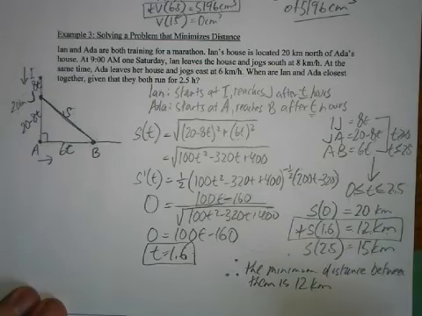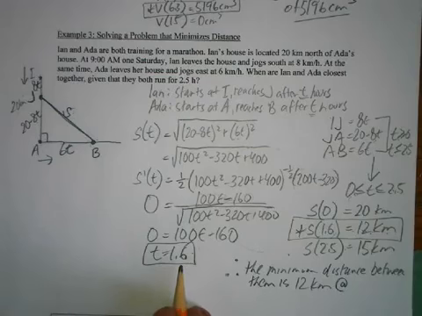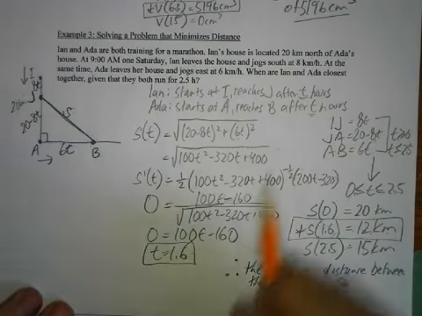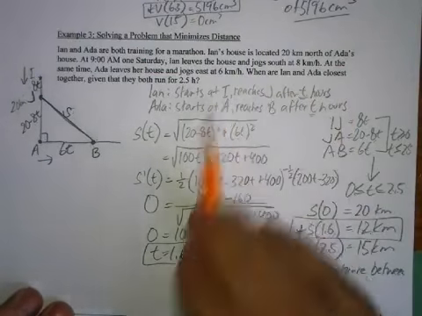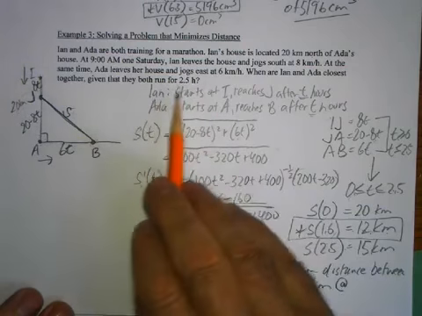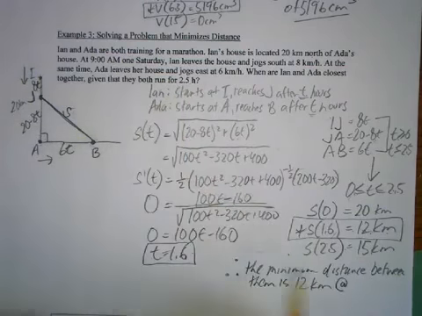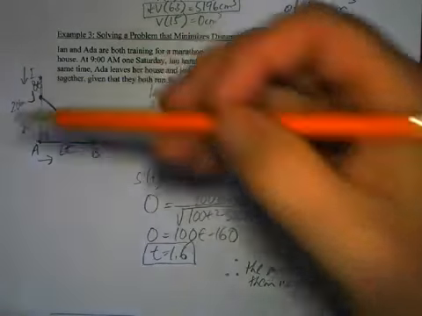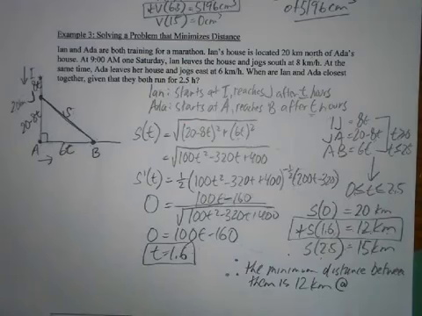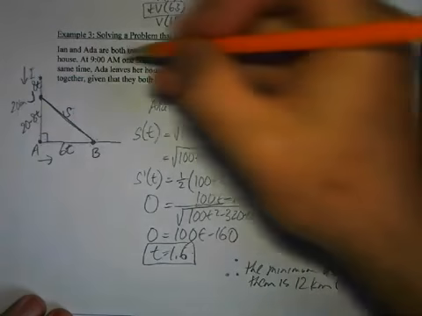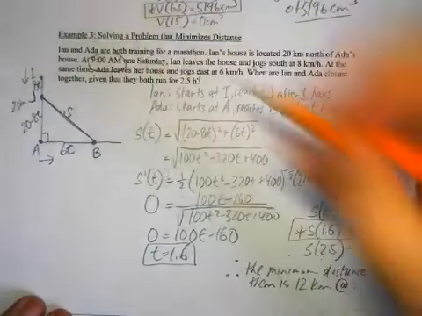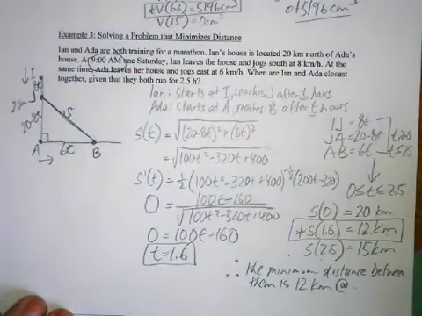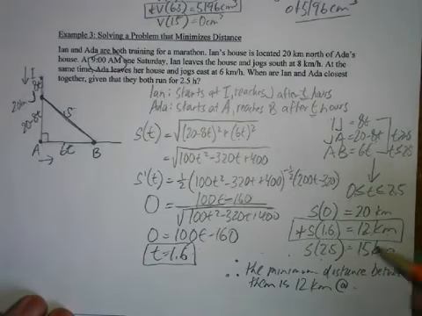Now, here's where you can show off your math skills. Now, I just said it doesn't make a lot of sense, because the question says when are they closest together, being that they run for, well, the 2.5 hours was the maximum anyways. Because after 2.5 hours, Ian would get to Ada's house and stop. So you notice they actually told us what time they left. They both left at 9 a.m. So we should be saying what time are they 12 kilometers apart.